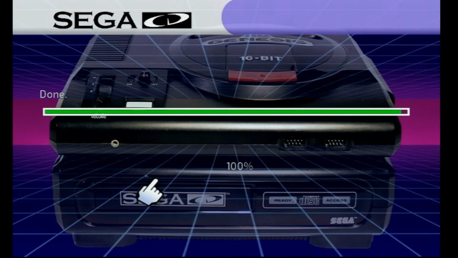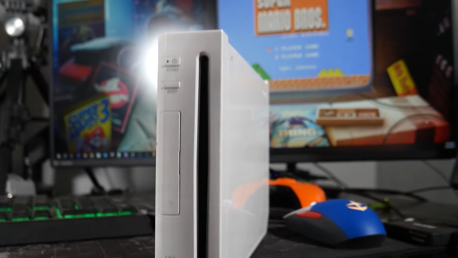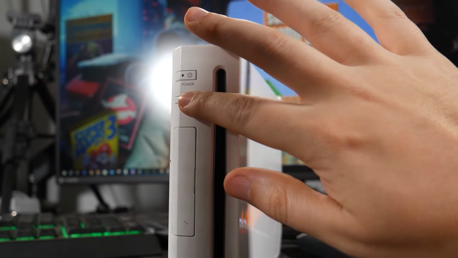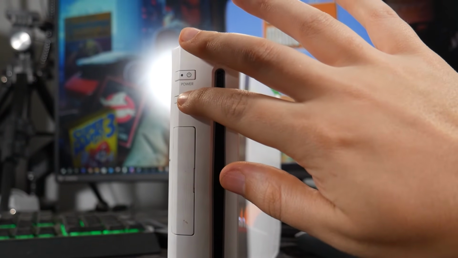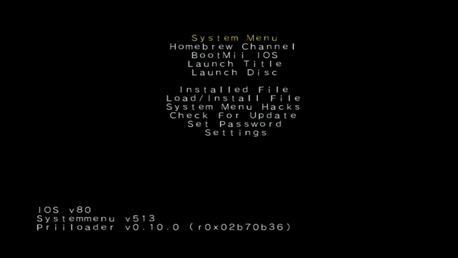Let's go ahead and get started with Priiloader, and we'll figure out how to auto boot into Wiiflow. So power off your system, hold down the reset button, and while you're holding down the reset button, tap the power button. Now this will bring us into Priiloader, and all we have to do is go down to the bottom,